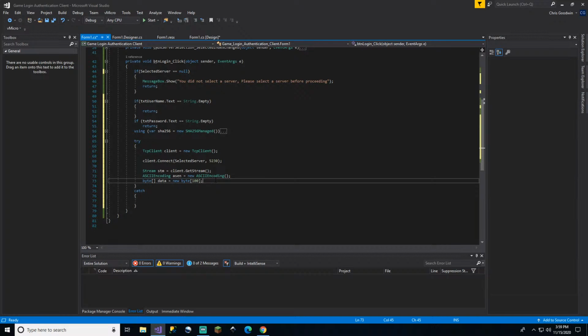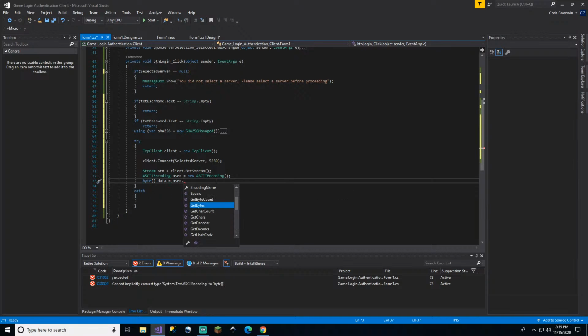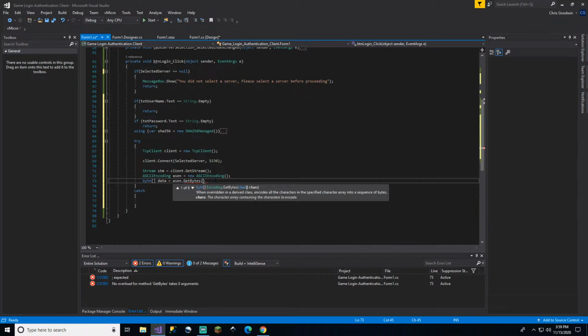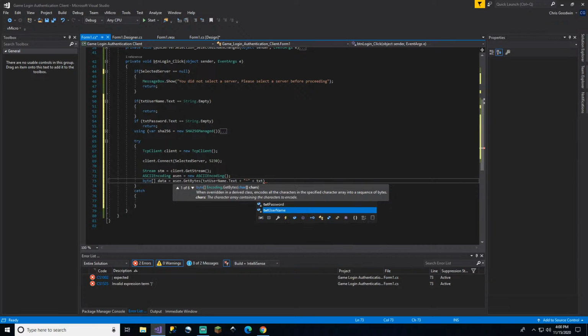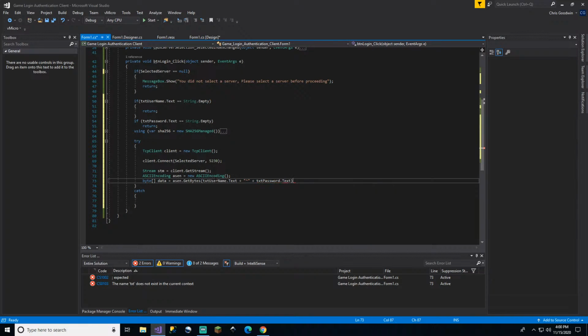Wait, what did I do that for? That's only if we're receiving data, not preparing it. So we'll get the ASCII dot GetBytes, and then like I said, this is where I can use delimiters. What I'm going to do is send the username dot text plus a delimiter plus the password. Okay, and then now